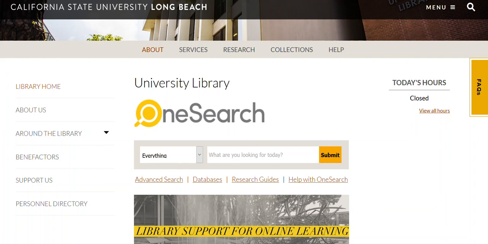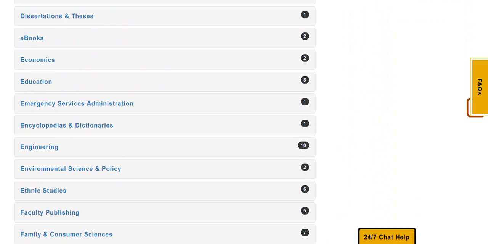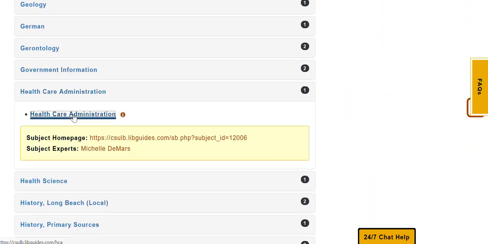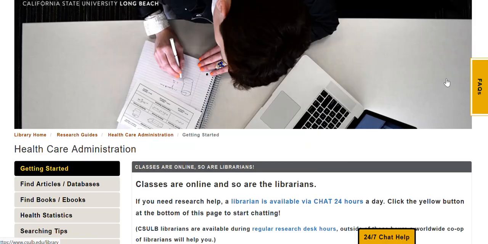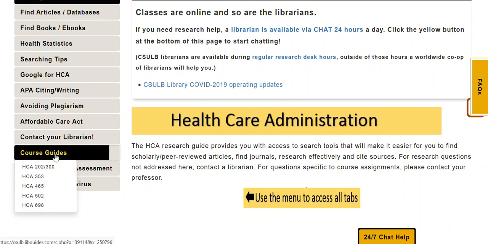So I'm going to go ahead and start at our course guide. Now, in order to start at the course guide, you're going to go ahead and start at the library homepage like you see here, and then you'll go to Research Guides, which is located right underneath the one search box. So when I click on Research Guides, I'll need to go to the research guide for this subject. So I'll go ahead and scroll down alphabetically to Healthcare Administration. Now, once I get to the Healthcare Administration Guide, I'll need to go specifically to the Course Guide. So that is going to be over here on the left-hand side menu under Course Guides, and then scroll down